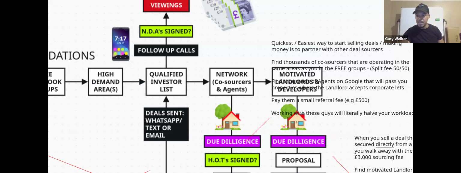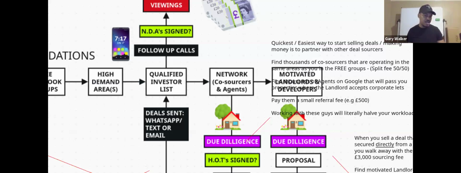Jamie said, if the investor signs the NDA but they go on a viewing with a landlord, do they just have to stay silent? Do you add a clause to the lease agreement that the investor can only get keys once your fee is paid? Okay, so